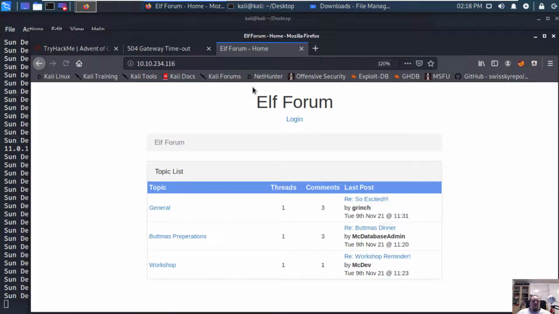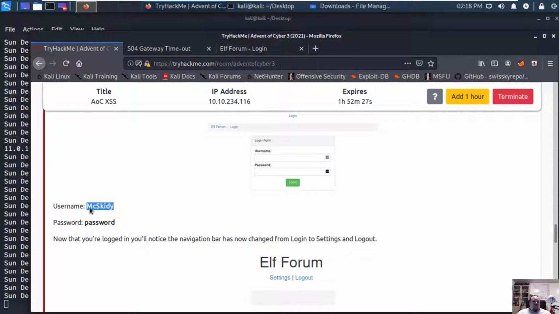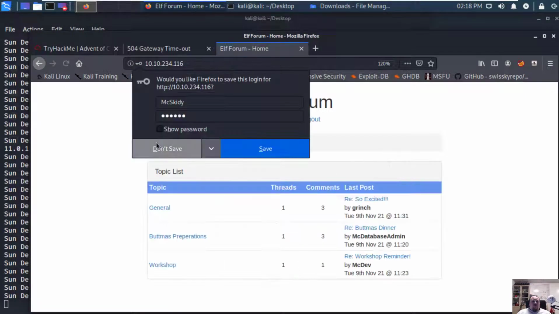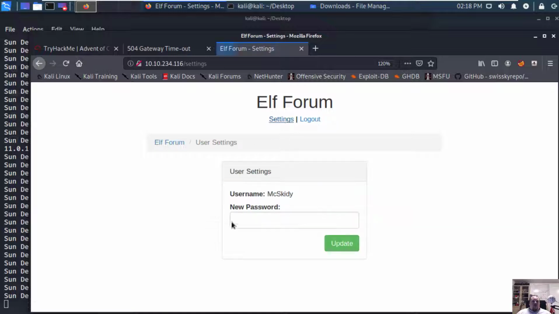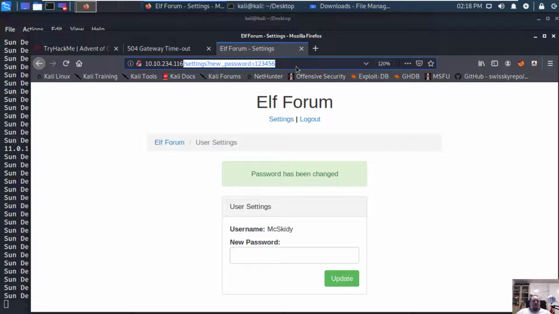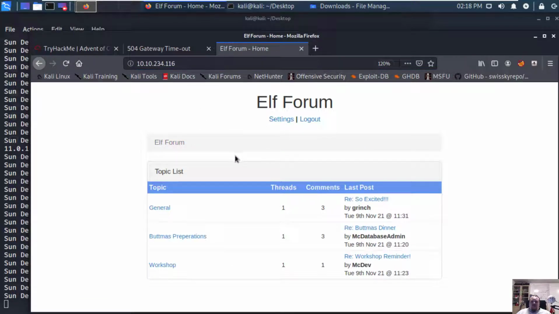Let's just briefly try and log out. Take the user Max Kitty and type 654321. Log in, so it works. Let's go to settings again, change my password back to 1 to 6. So I'm going to take the URL, copy paste it, go back to the elf forum and basically pick some topic,